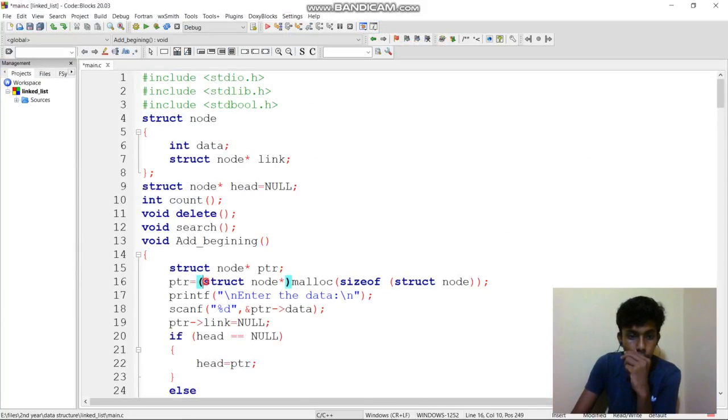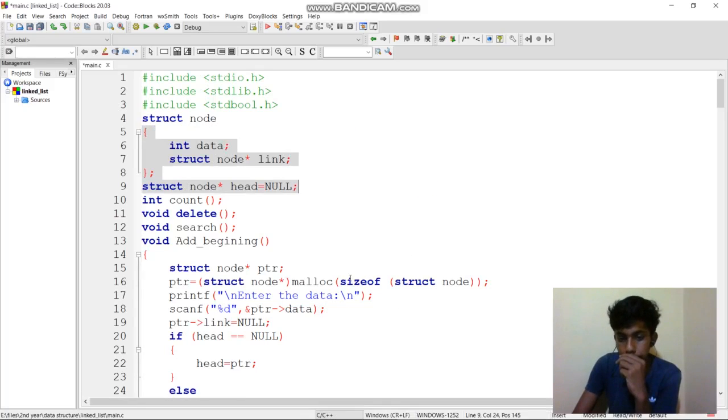In struct node, we are specifying the type, that is pointer. The malloc function returns this address, for the size of struct node. According to the size of struct node, it will create one dynamic memory.